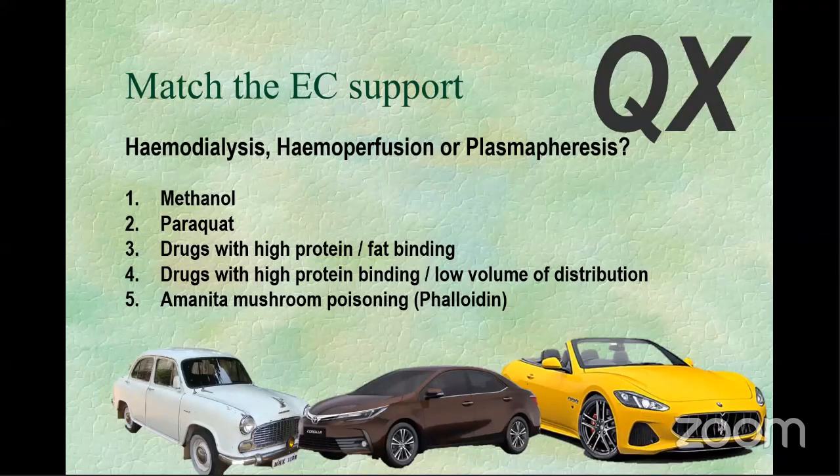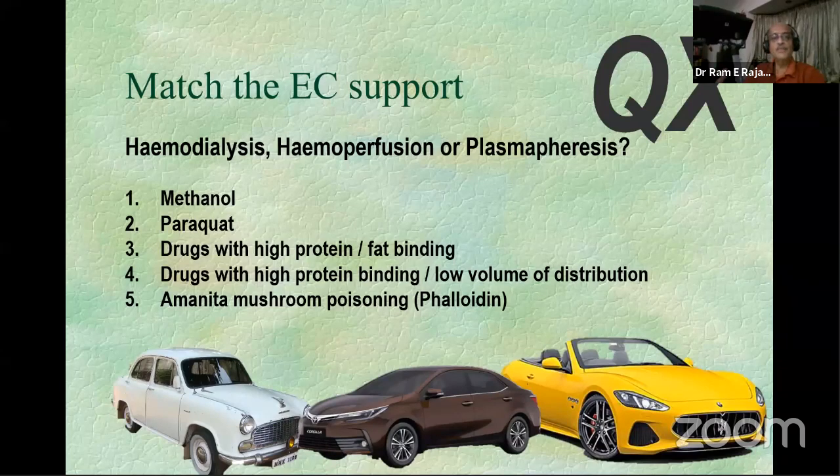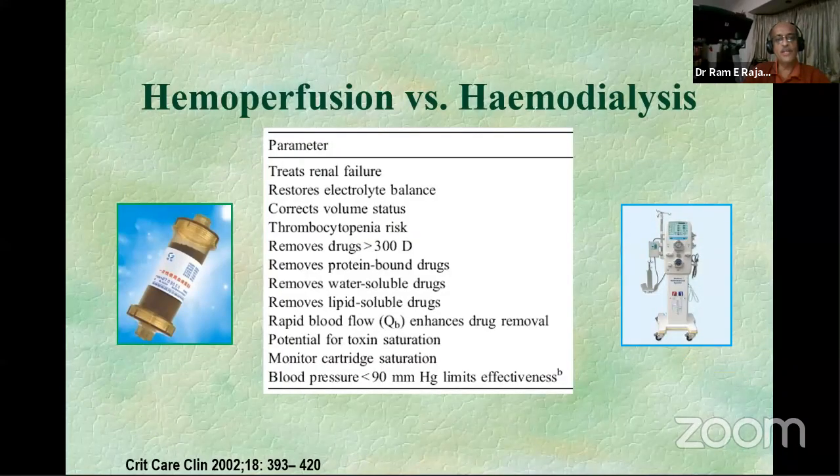So this is just to give you certain principles about the methods of extracorporeal support, primarily because with a standard hemodialysis machine, you can easily put in a charcoal cartridge and do some hemoperfusion. Many of us may have a little more difficulty getting pheresis done, but it also can be done. For most of us, we'll have access to these three kinds of methods, and I think we need to understand the basic principles. We already talked about it.